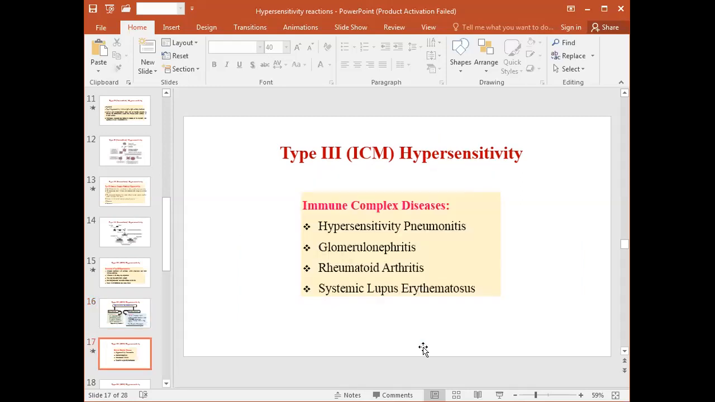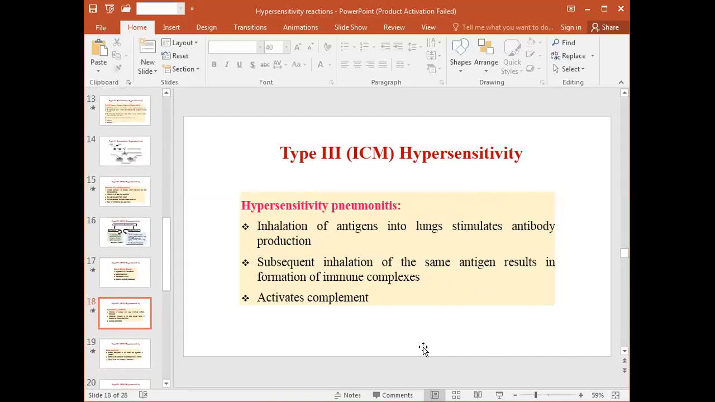There are four types of type 3 hypersensitivity reactions or immune complex diseases. One is hypersensitivity pneumonitis, glomerulonephritis, rheumatoid arthritis, and systemic lupus erythematosus. Hypersensitivity pneumonitis is caused by inhalation of the antigen. The complex will deposit into the lungs, and on subsequent inhalation of the same antigen, it will activate the complement system, and it will damage the